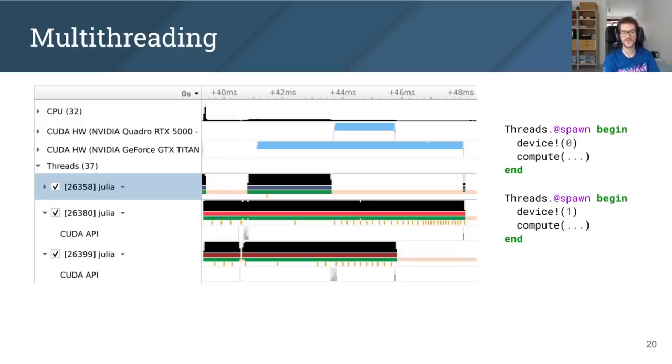And finally, with Julia's task system, it's also possible to use separate threads for every task. So here, by using the @spawn macro from the thread standard library, we can see that our multi-GPU example now executes on different CPU threads. And this can be useful when you want to perform heavy CPU computations that would otherwise starve the single-threaded execution, or when you have to call CUDA functionality that blocks in the CUDA library and prevents task switches. If you have every task run on a separate thread, that's no issue.